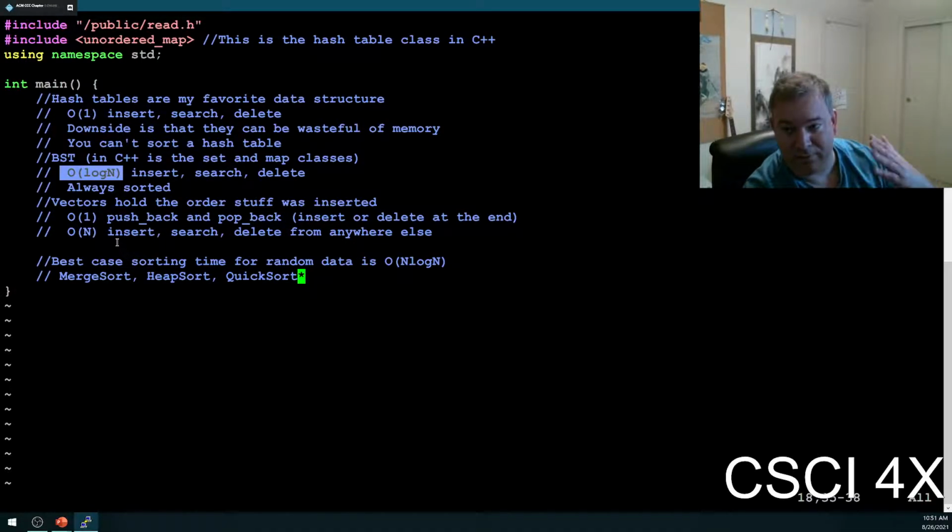And so you can run all three of them. Heap sort is really easy to implement. You insert everything into a heap, and then you pop it off the heap, and it's sorted. That's it. That's heap sort. You've got 1,000,000 integers, you insert them all into a heap of integers, and then you pop them all off, and they're sorted. Merge sort we'll be talking about later in the semester, and it's a couple lines of code. Quick sort is part of the STL, and you can just call sort, and it'll call quick sort on it for you. So you can try your code using all three methods and just time them